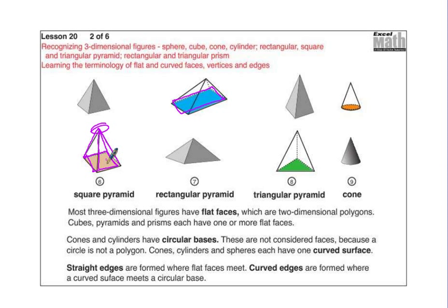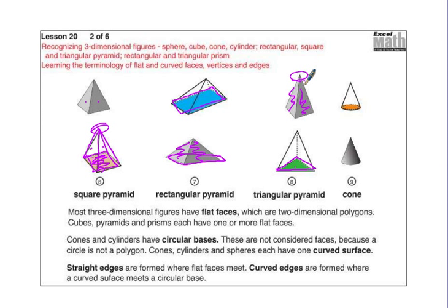Oh, by the way, this is made up of four different triangles. Triangle here, two in the back, and it's made up of a square on the bottom. Same thing here, we have triangle, but we have a rectangle that makes up the base. Here's a triangular pyramid. The base is a triangle, and then we have triangles that go up the side,